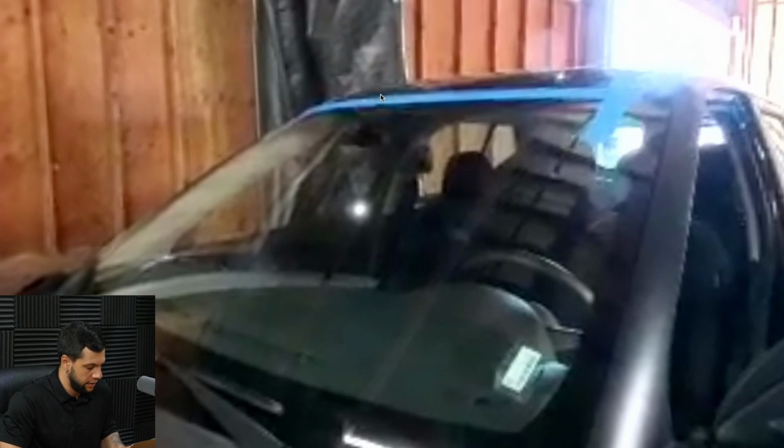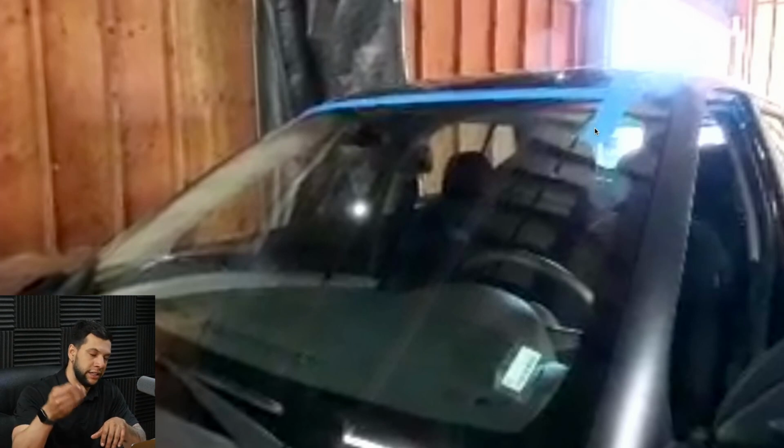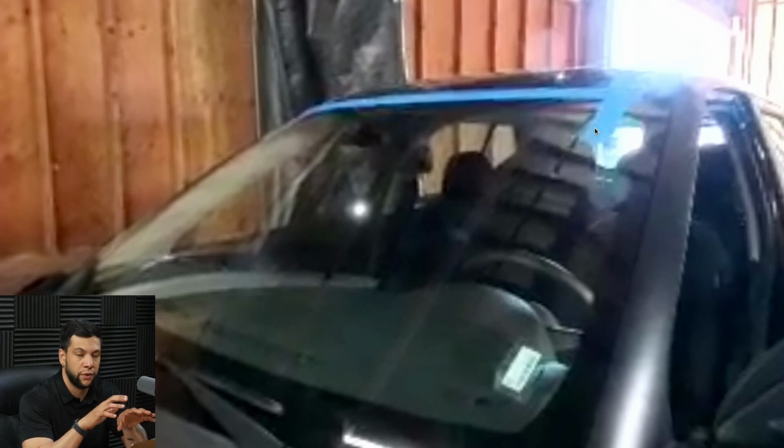As you guys can see, there is blue tape right here on top showing that the windshield was replaced. The blue tape, as a reminder, is just for keeping the windshield in the right place and making sure it doesn't move while we are proceeding with the calibration, or even if the customer gets the car back and needs to drive it. We just need to make sure they keep it for 24 hours in order for the glue to dry. Okay,